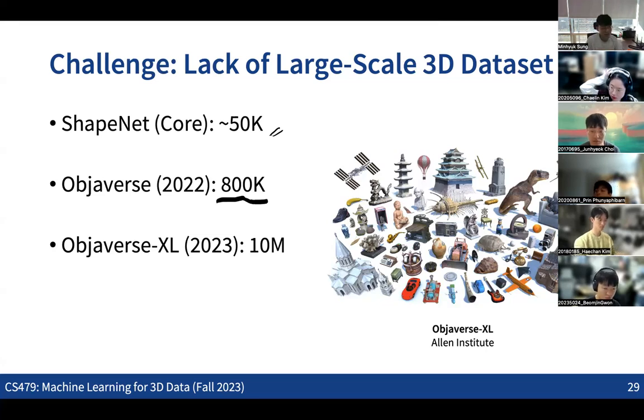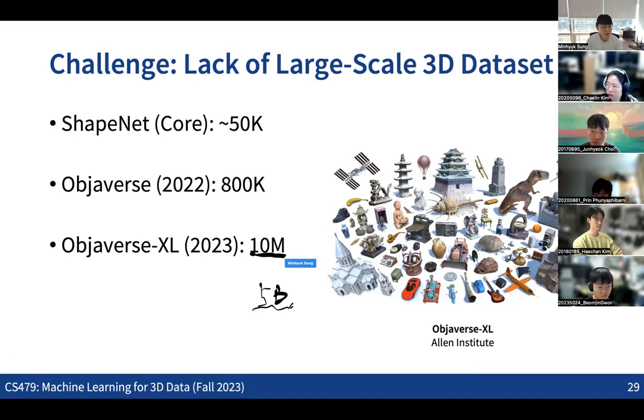So this summer, sometime in June or something, the Objaverse team basically scaled up the dataset to now 10 million. So as you can see, the scale is basically growing exponentially into a much bigger size. So I don't know, maybe in the near future, we're going to really see some very large scale 3D dataset. But still, compared to the 5 billion, 10 million is actually a much smaller dataset.